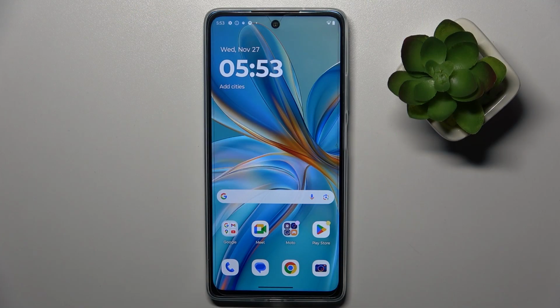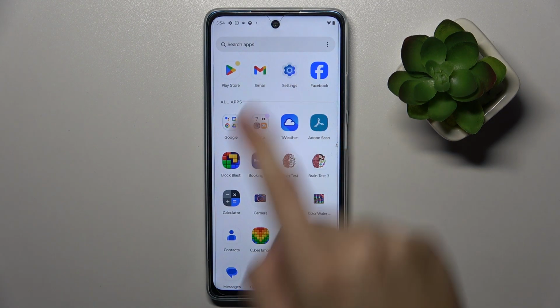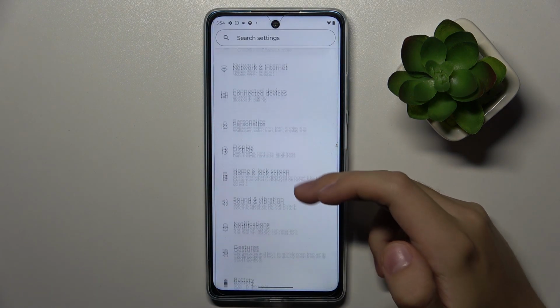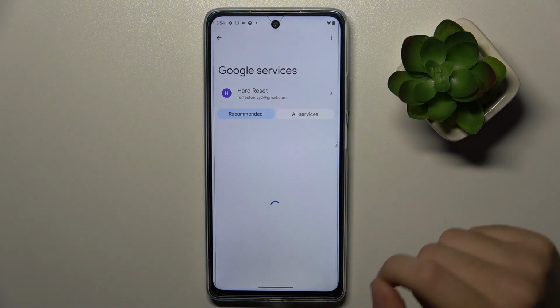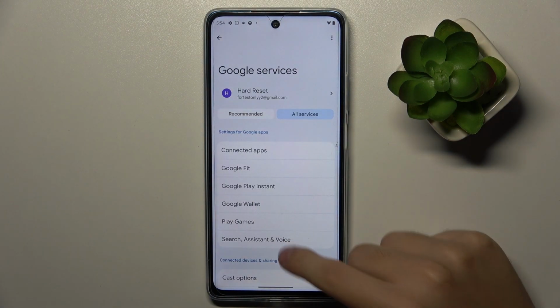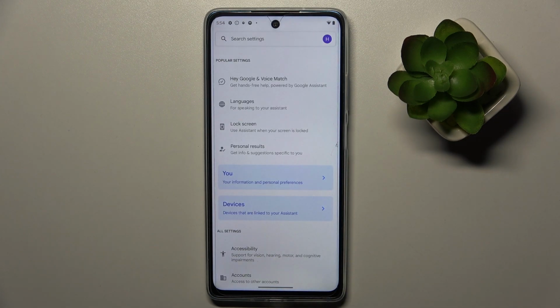Alright, so to do this, firstly we have to open our settings. Next we have to scroll down and find Google option. Now we have to click on all services, Search Assistant and Voice, Google Assistant, and right here we are in